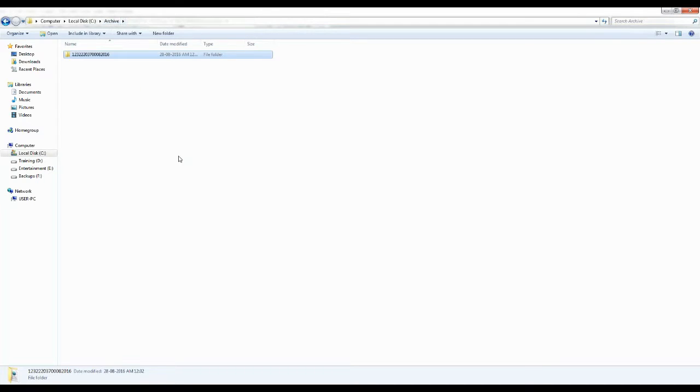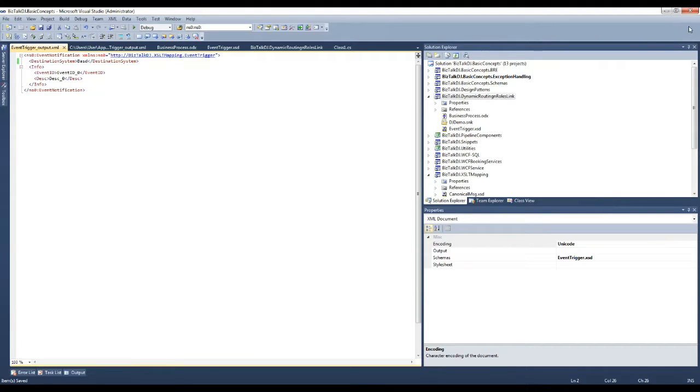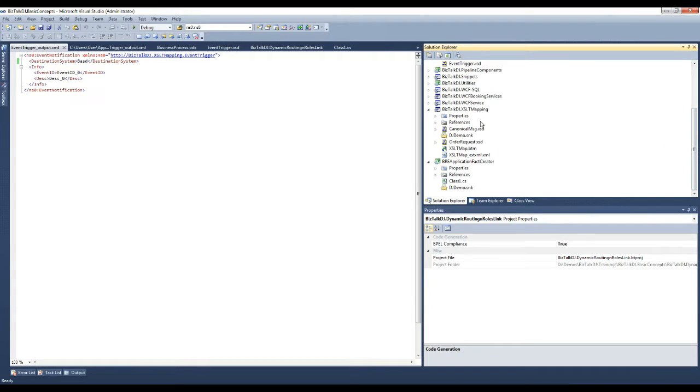The disadvantage of this dynamic send port is, if we have to set any properties, then we have to make a code change, and then we have to redeploy our orchestration process.